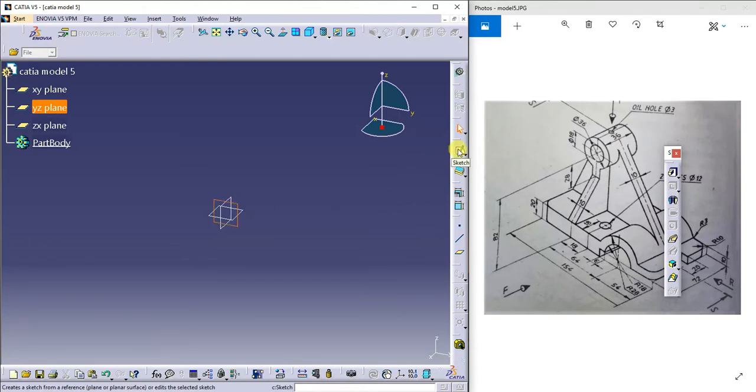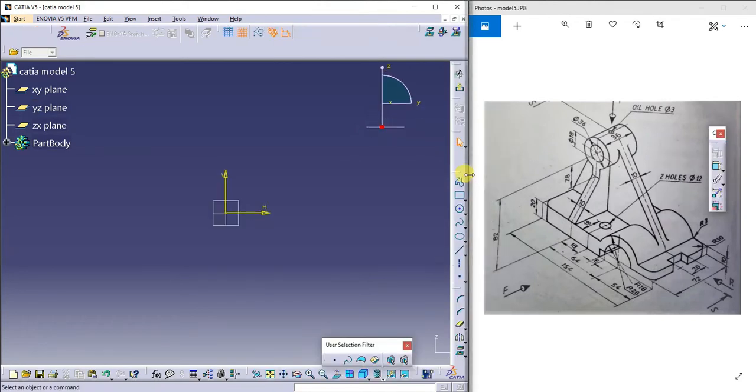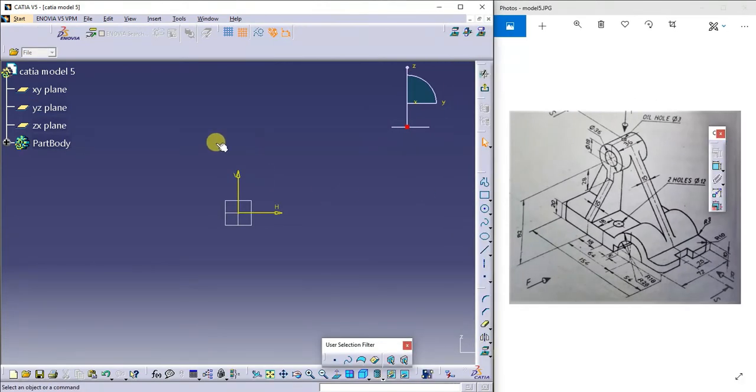I'll go for the sketch. Next, I'll try to create this part. Now I'll go to the profile.